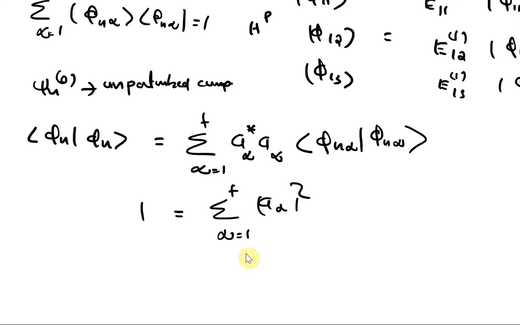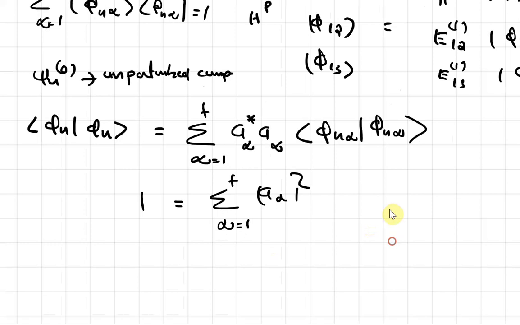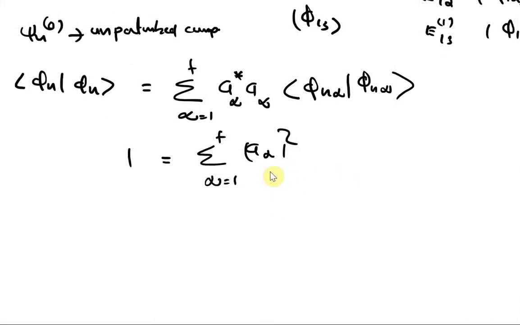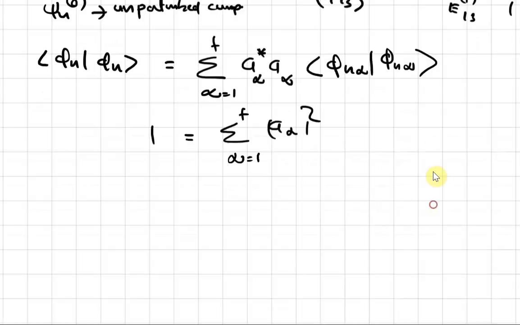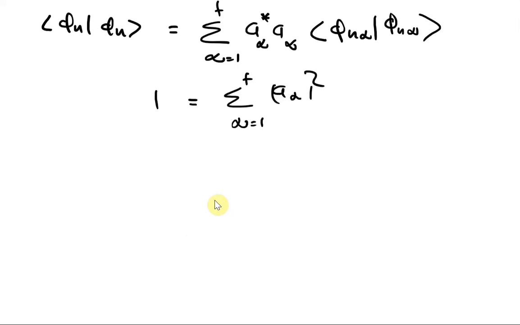So the coefficients squared are going to sum to 1 if it is normalized. That's something that we already know. We have seen it several times. What it means is that the a alpha here corresponds to the probability amplitude of a particular degenerate state, right? So if there are 10 states, how likely one state is going to arise is associated with this particular quantity. Okay, so what we have to do, as in non-degenerate perturbation theory, is to